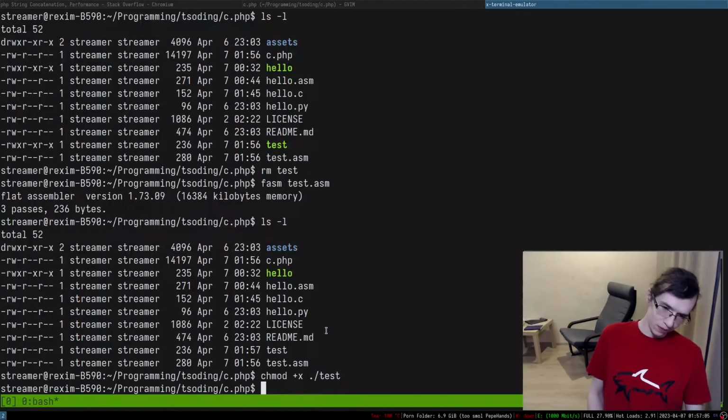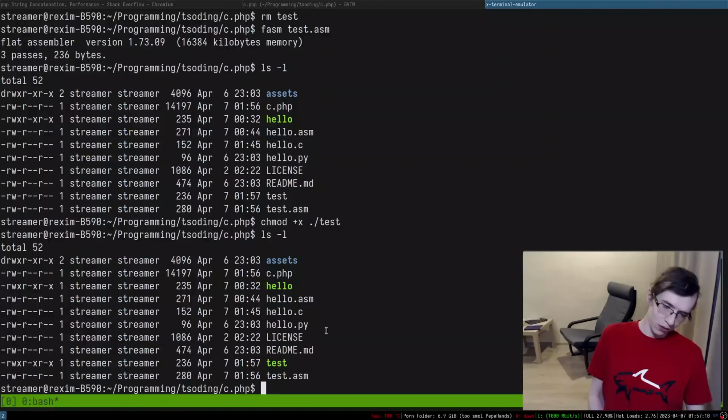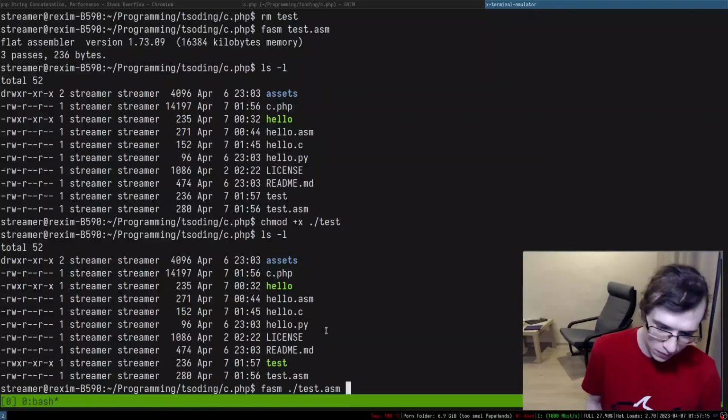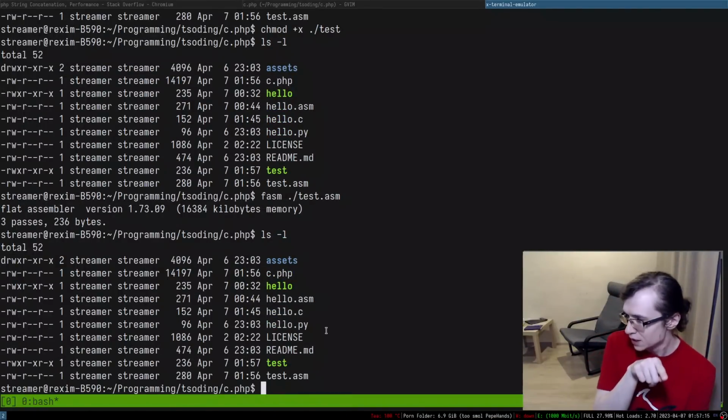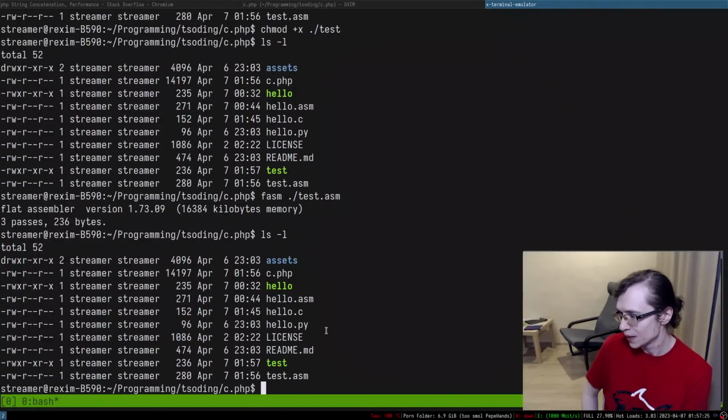Look at this. I made it executable, then I can recompile it one more time, and it's still executable. That means that it doesn't create a new file. It probably literally opens the file, truncates it, or maybe it just remembers the previous things you put there.